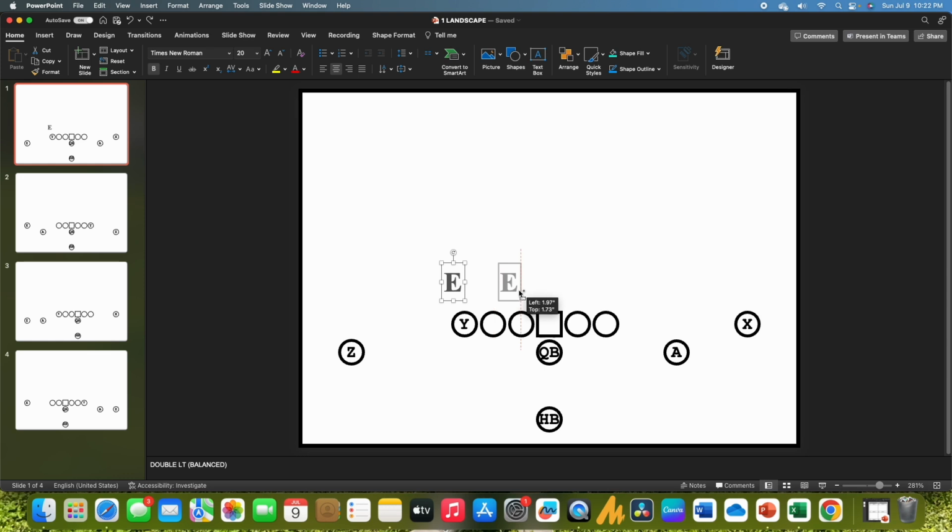So we're building an overfront, which to me means this is where the 3 tech would be. Now I've got him on the outside shoulder of the guard. I'm just going to change that E to a T, and now we've got our end and our tackle. I'm going to hold Control Shift again to make the nose. Now he's shaded on the back side of the center, so we'll change that T to an N. That's a nose. Then last one, we're just going to use the E again, so I'm going to Control Shift, hold the E, get him on the outside shoulder of the tackle, and now we have our overfront for the